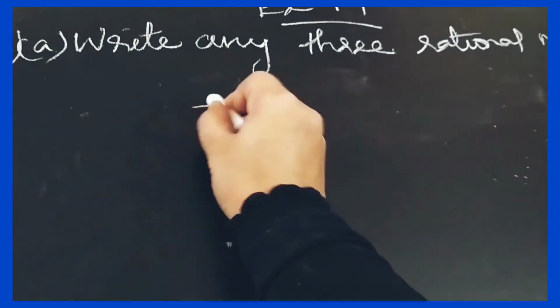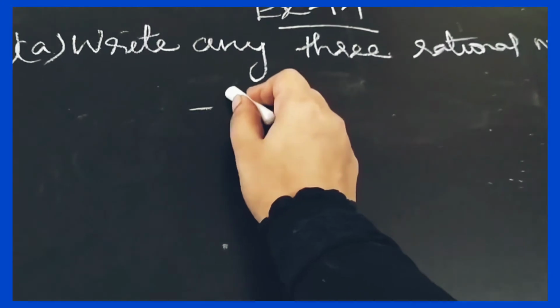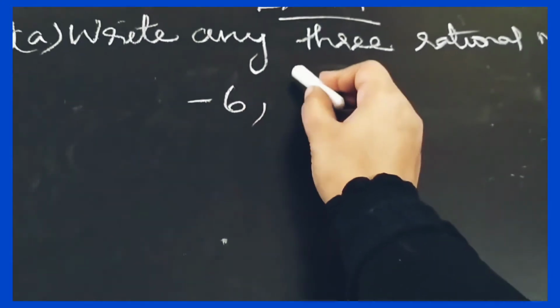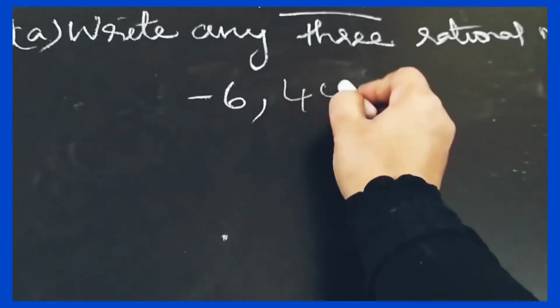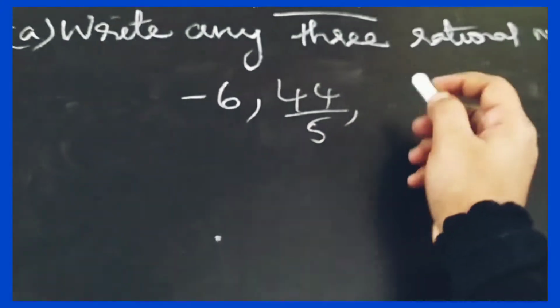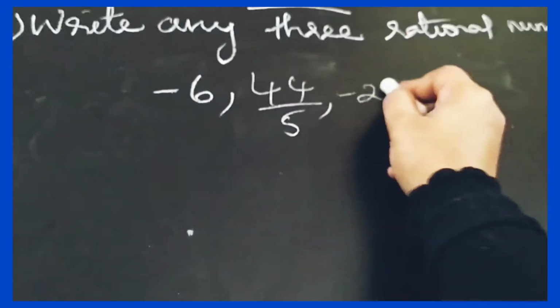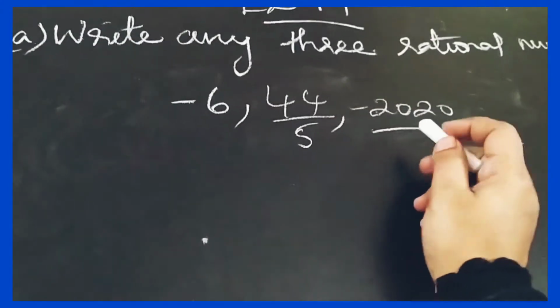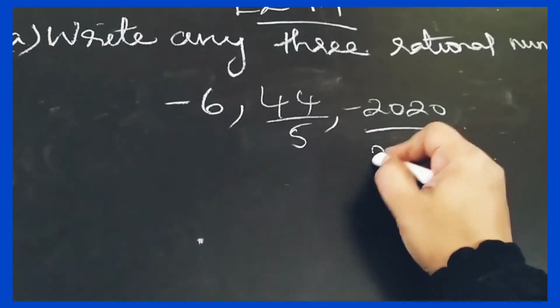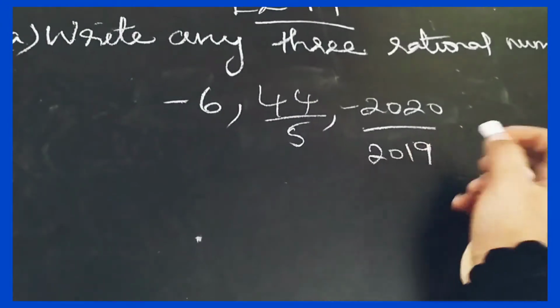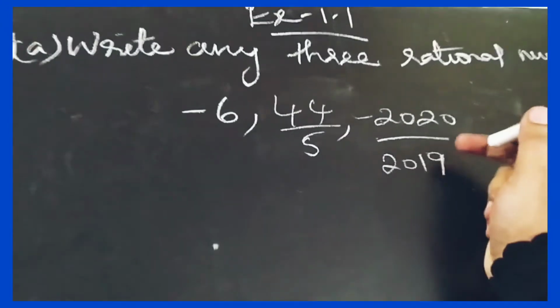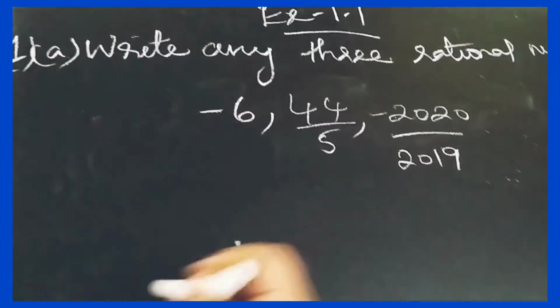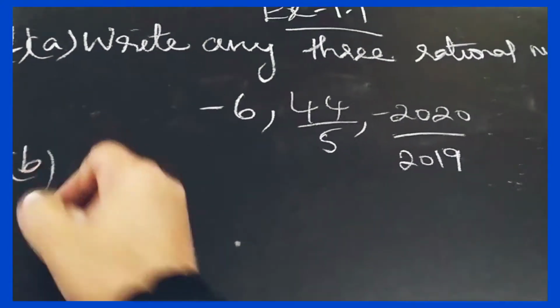Okay, so here I am taking it as -6. Okay, three rational numbers now: 4/5. Okay, next I am taking minus 2020. These two, 2020 comes under minus only. 2019. Okay, we have suffered a lot in this 2020. So next one is